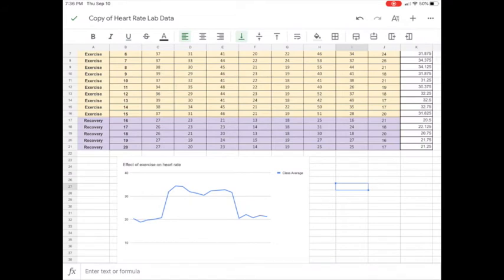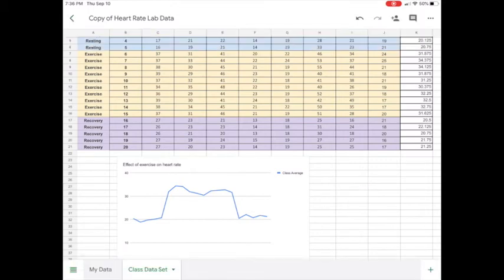If you've made it this far with this, you're doing great. You're going to just press check. And then if you are in the app, I can't show you how to do this, but you probably are a pro at doing this already. You know that you cannot turn in the assignment. Maybe you can now. If you can't turn in the assignment in the app, make sure you go back to Google Classroom and press turn in on the assignment so I can look it over and see how your graphs